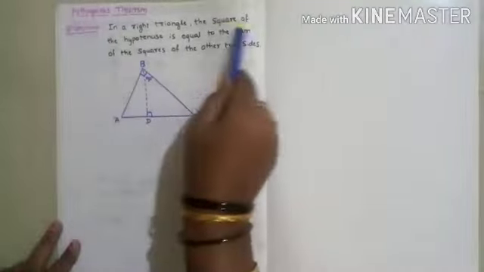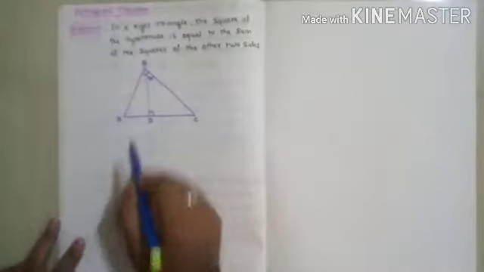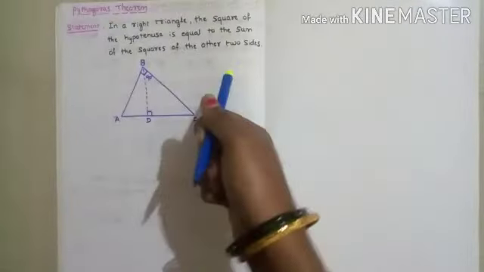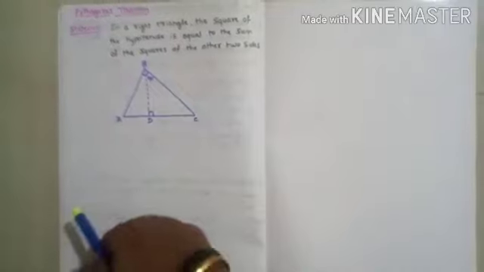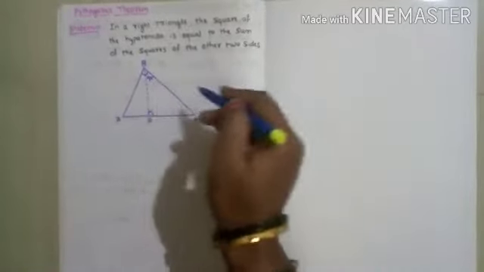In a right triangle, the hypotenuse is the side opposite to 90 degrees in a right angle triangle. Here I considered one right angle triangle. After writing the statement of the theorem, you have to draw the diagram. Here I have already drawn the diagram. The diagram is triangle ABC.